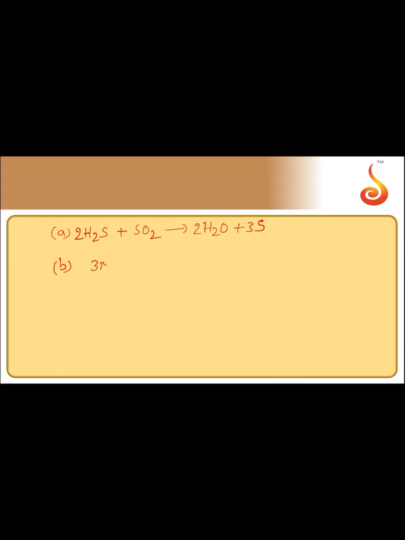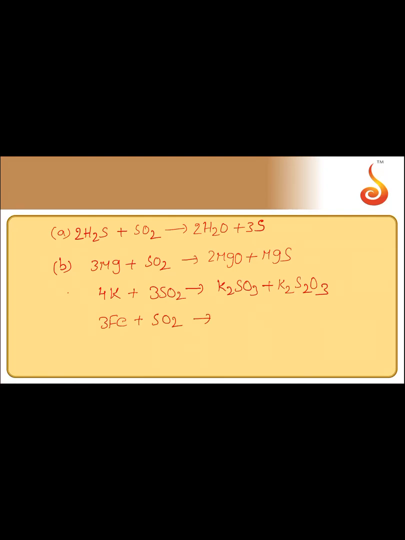So magnesium is oxidized to MgO plus MgS. Potassium is oxidized to K2SO3 plus K2S2O3, and iron is oxidized to FeO plus FeS. And one more property, oxidizing property of sulfur dioxide, at 1000 degrees Celsius,